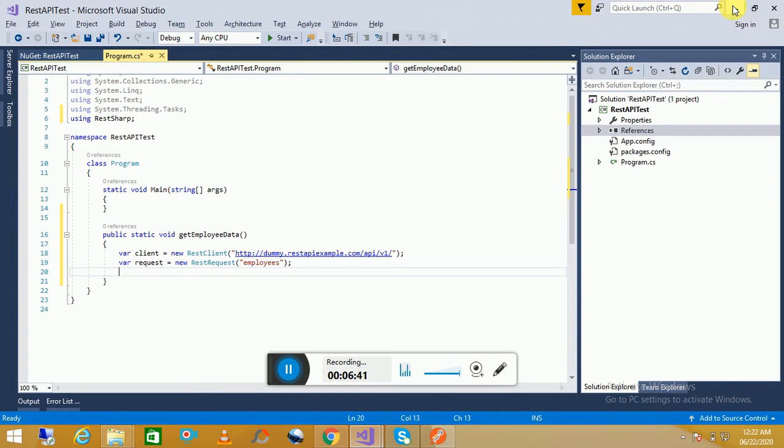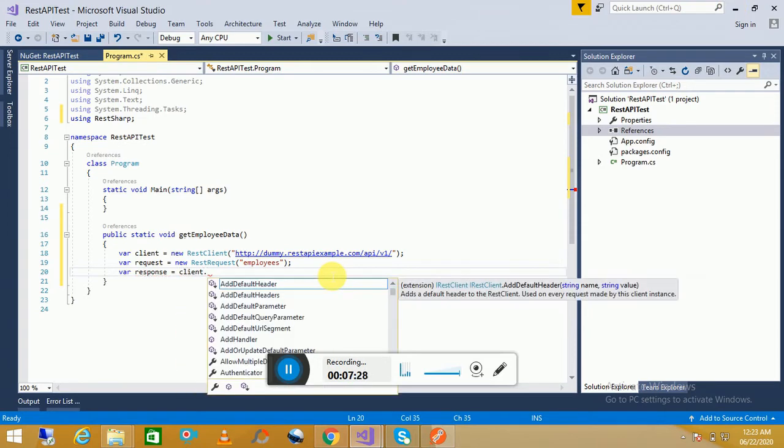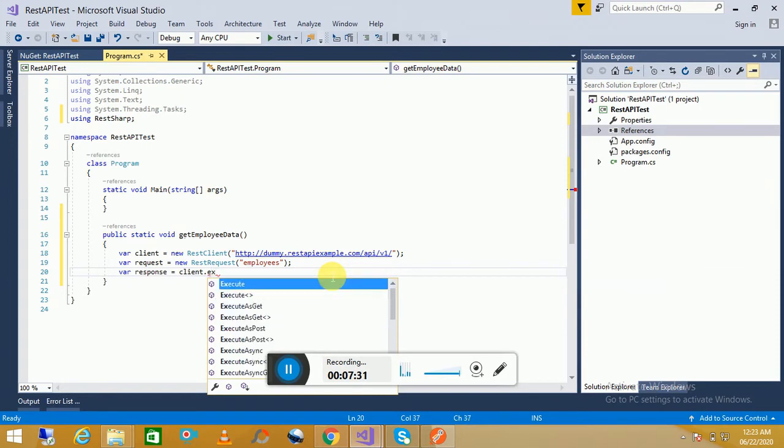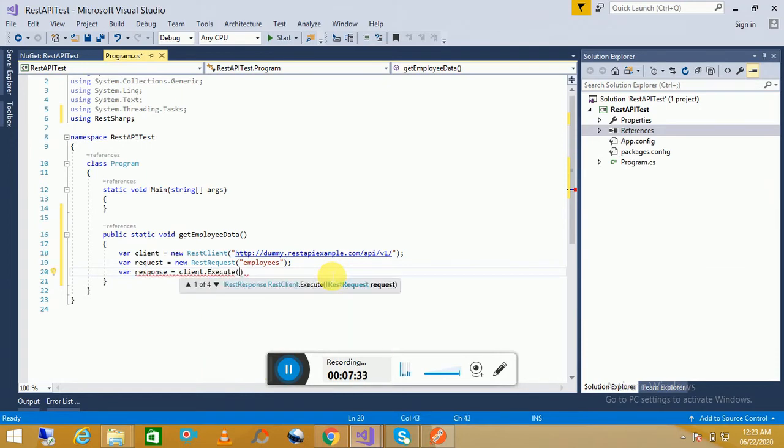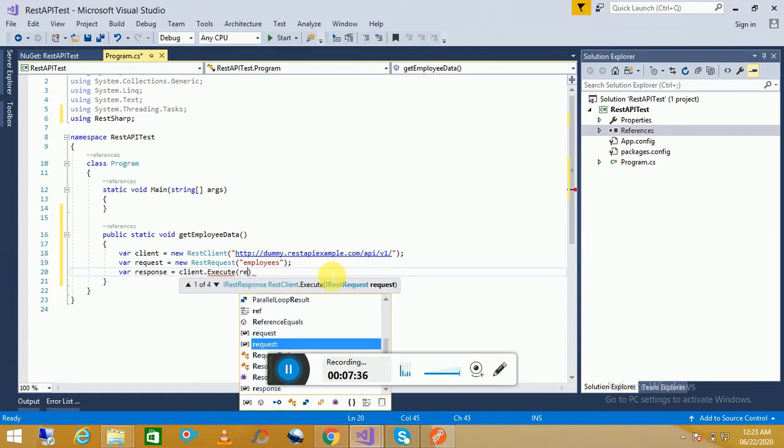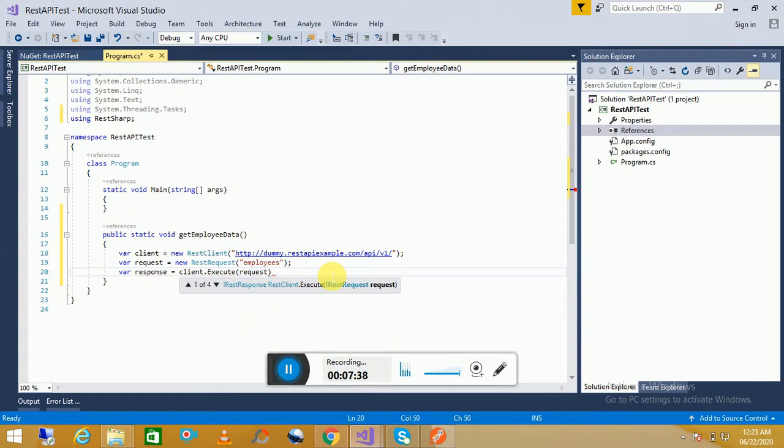Now we have to call this request. So for this one, I am declaring a response object. Execute. Then I have to pass the request object over here. Now my request is ready.